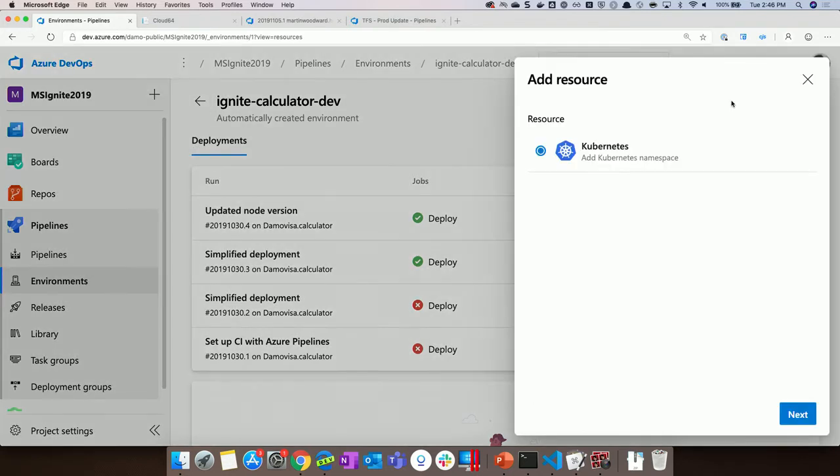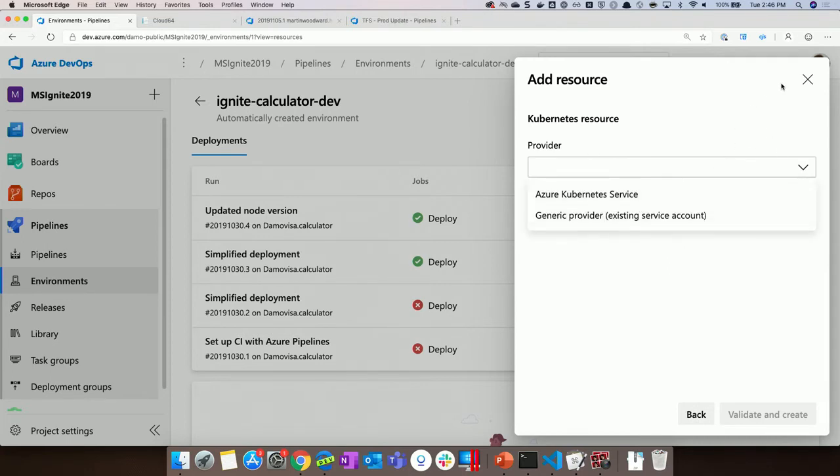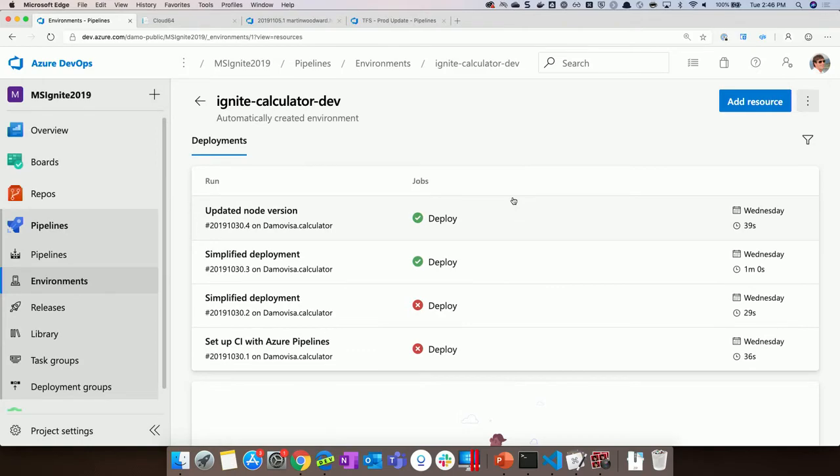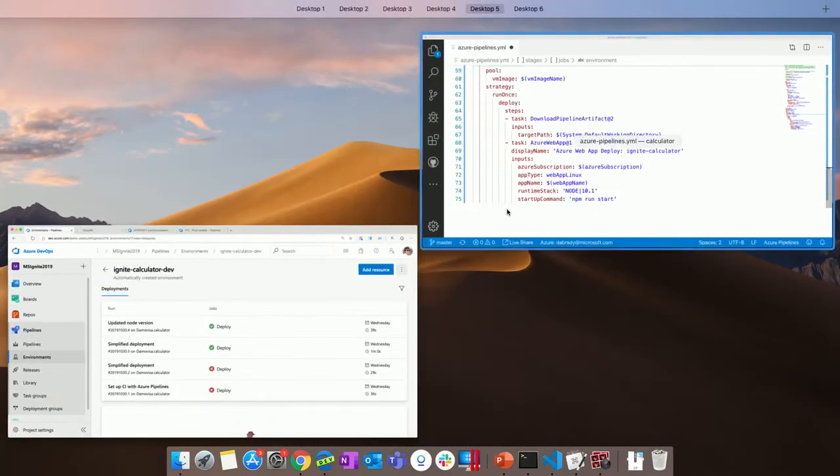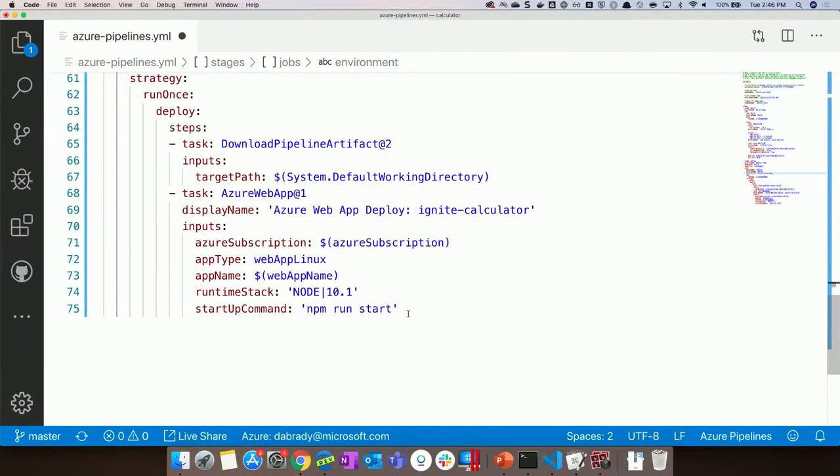The other thing that we can do is we can have a resource in there. And at the moment, this is limited to Kubernetes. So you can say this is a Kubernetes resource for that environment. And then you give it some details. You connect to either Azure Kubernetes Service or a generic provider and so on. And what this does is it enables you to pass those details that you need through to your deployments.